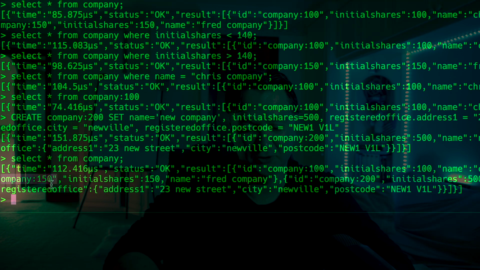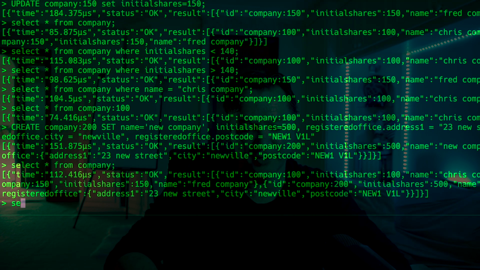So you see registered office, and then underneath that address 1, city, etc. And then I can run queries like select registered office.address 1 from company, and we created company 200, I think it was the new one that we created.